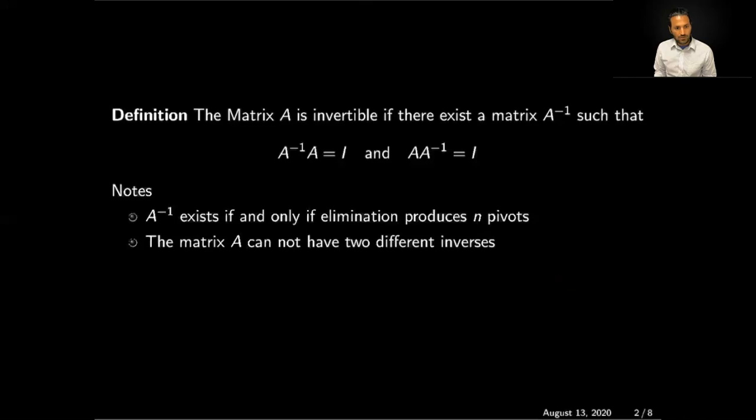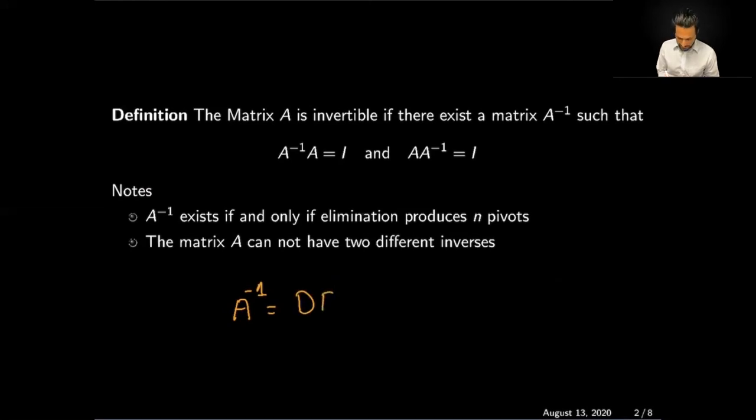A inverse only exists if the elimination produces n pivots. Another property: if the inverse of matrix A exists, it will be unique, which means a matrix cannot have more than one inverse. We have also essentially computed the inverse of a matrix. The inverse of the matrix A was the multiplication of the diagonal matrix, which contains as diagonal entries the reciprocals of the pivots,